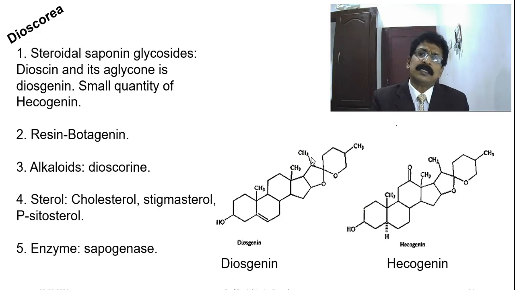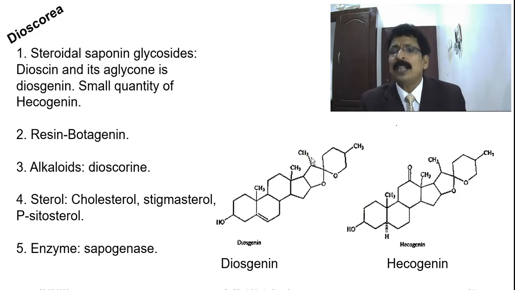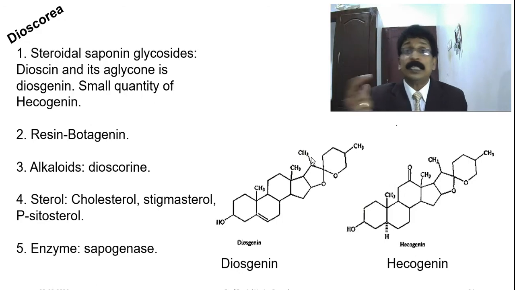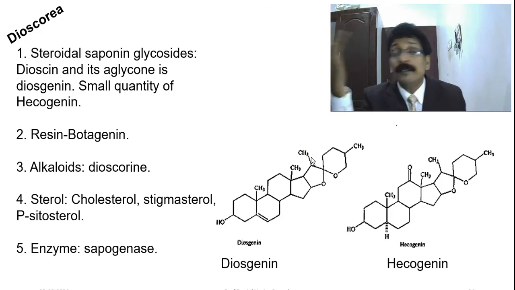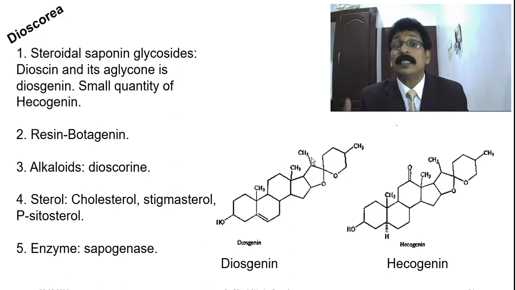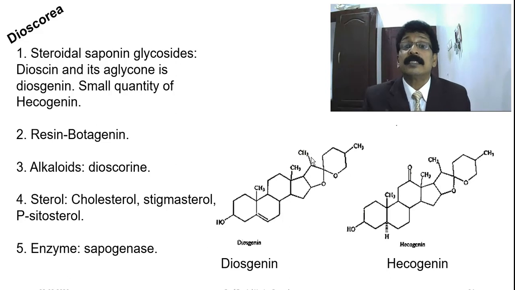That's all. Very simple for you to remember, and once you write and see, you will never forget. The structure will always be in your mind. Diosgenin means immediately you will write, okay, there are 2 lactone rings which are 5-membered and 6-membered, finish, CH3. And hecogenin has a double bond O in the phenanthrene ring structure, that is the C ring. That's all. Very simple. Make it simple while studying chemistry. And steroidal saponin glycoside is dioscin and its aglycone is diosgenin.